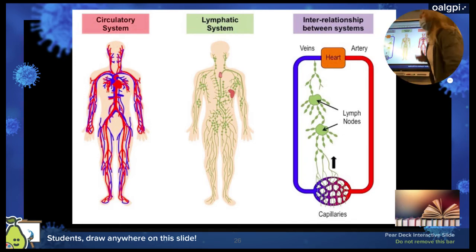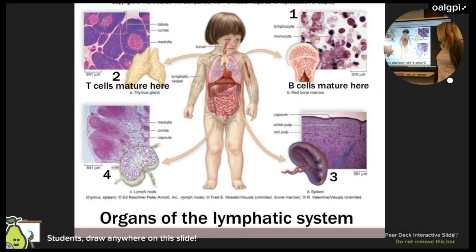Good. All right. So then we looked at the major organs, right? And the thymus gland, look where it is. Remember, you have little eviscerated girl because your thymus gland gets smaller and smaller and smaller as you age, right? And what's the key thing we want to remember about the thymus gland? What happens there? Good. Okay. Your bone marrow, what happens there? B cells mature, but all blood cells are made, right? Red blood cells, white blood cells, they all come from that. But that's where your B cells mature.